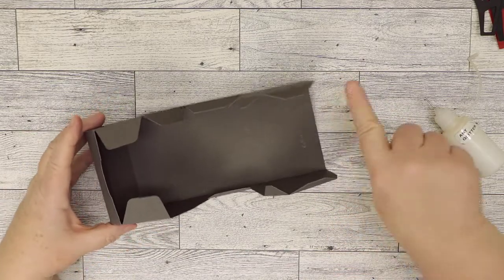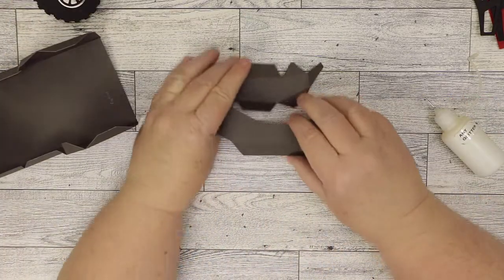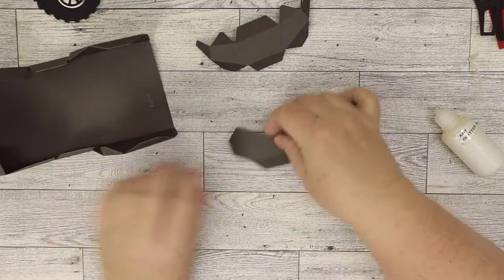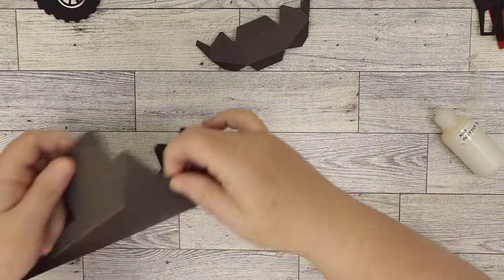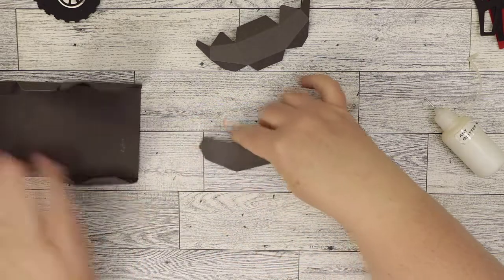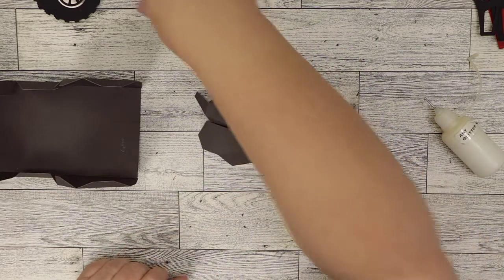So next thing we're going to do is the front. So the pieces you need for the front are these. So this will attach right here. So I'm going to show you. So that'll attach right there. So I'll show you how it goes. We're going to put these 2 pieces together first, and then